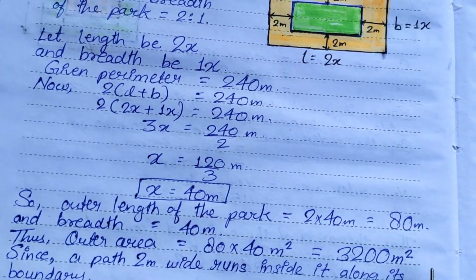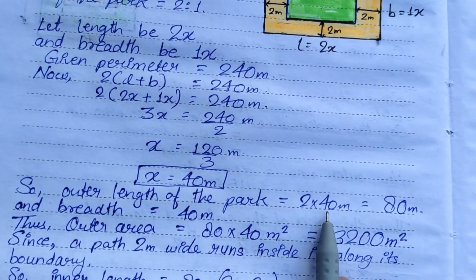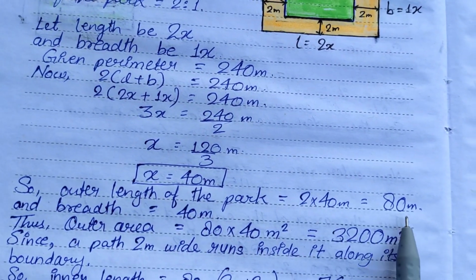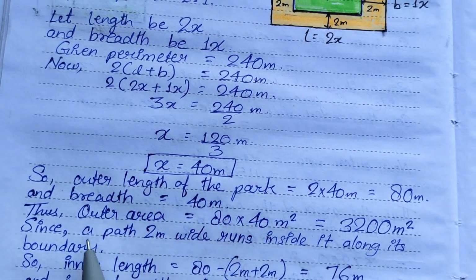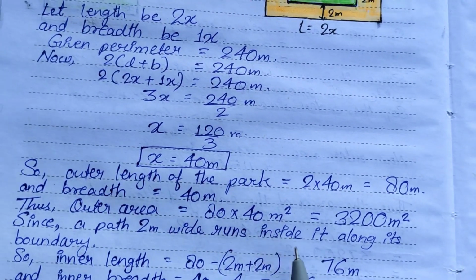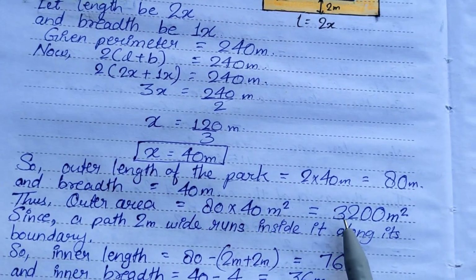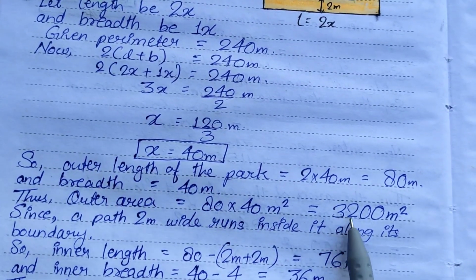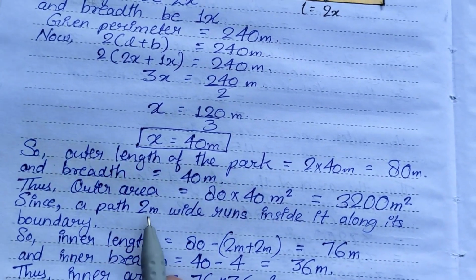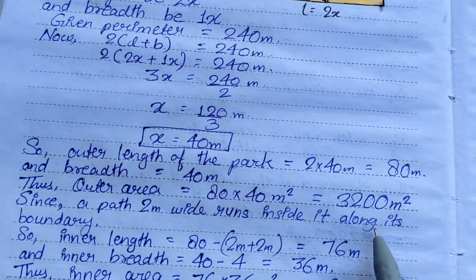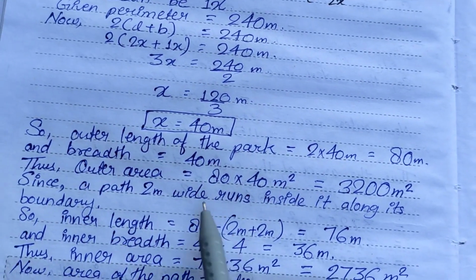Now let's find out the length and breadth of the park. The outer length of the park is 2x, so we have 80 meter. And breadth is 1x, so we have 40 meter. Thus the outer area of the park is length into breadth, that is 80 multiplied by 40, we have 3200 meter square. Since a path 2 meter wide runs inside it along its boundary,